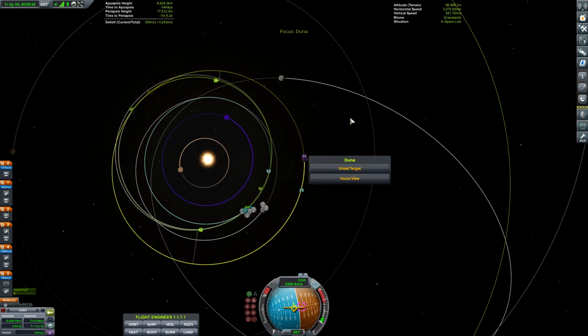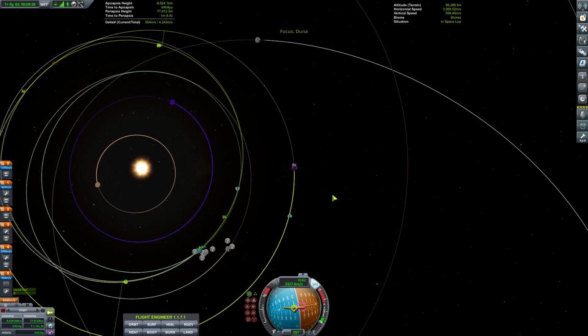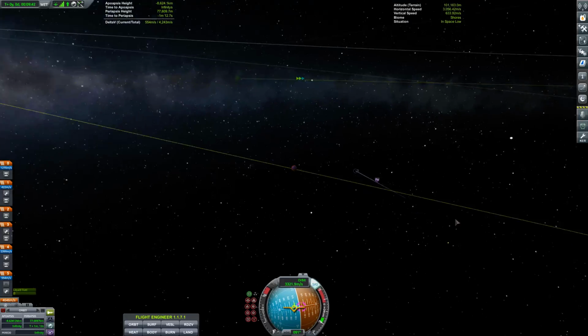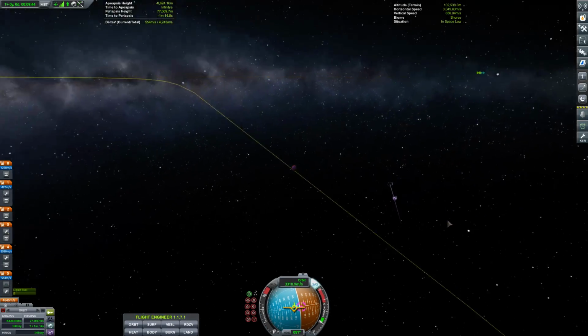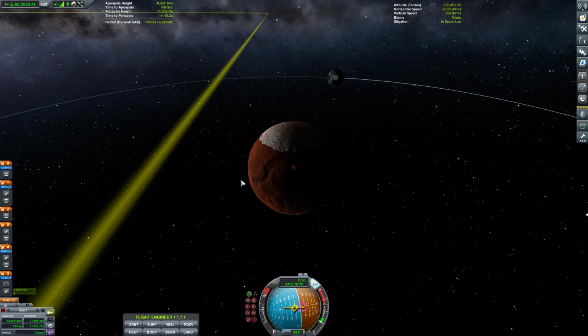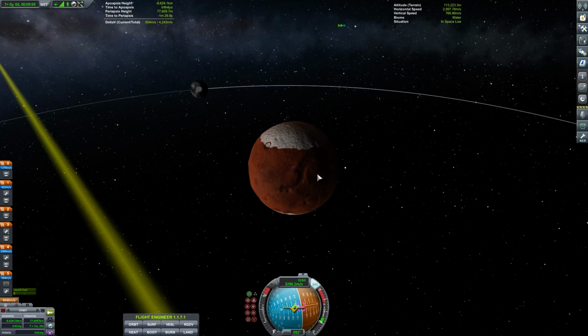Let's take a look at it. So we have 3 ships coming out to get into the Duna system. 2 will come around Duna. 1 will go around Ike. It's possible we could use a little bit of aero brake, but I don't have a whole lot of...